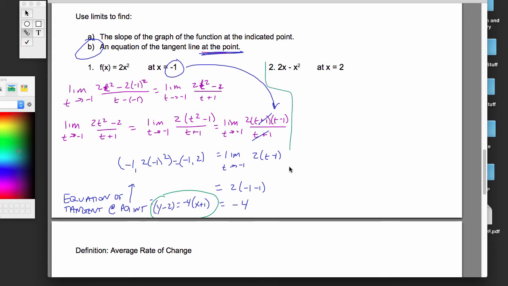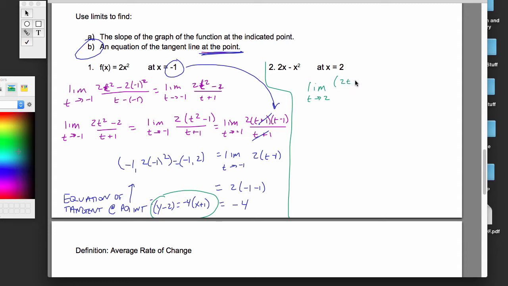So go ahead and pause here. Try this one. When you come back, I'm going to do it, and so you can see if you got it right. All right, so we are after the pause, and I'm looking at the limit as t approaches 2